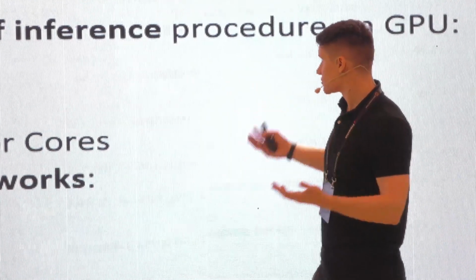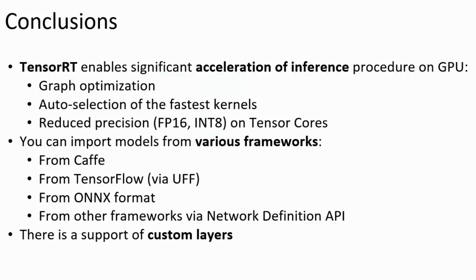And conclusion. So I hope it's clear now that TensorRT is a very good library which enables significant acceleration of the inference procedure. How can we do that? First, we optimize our graph. Second, we automatically select the best kernels matching your hardware and parameters. And third thing, we can reduce our precision. For example, for FP16, we do not lose any accuracy, we just increase the performance here, especially on Tensor cores